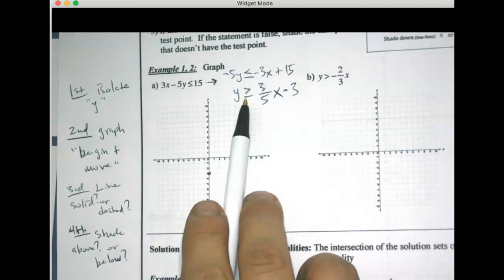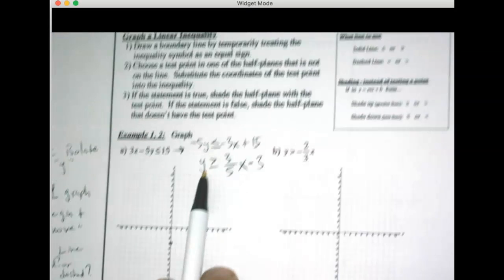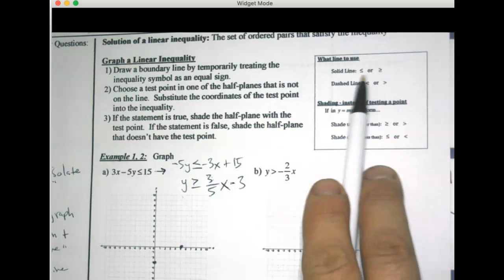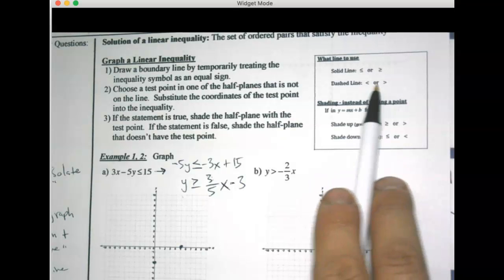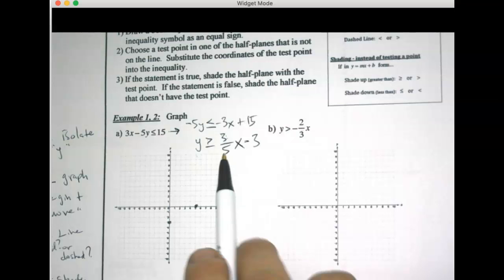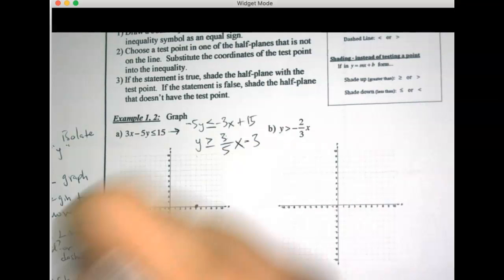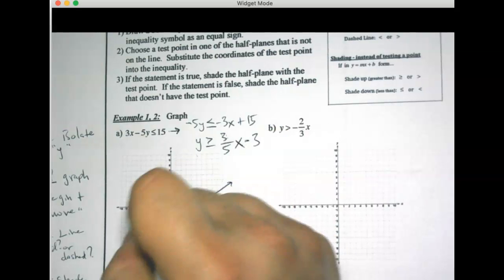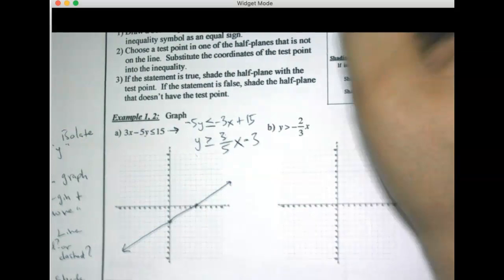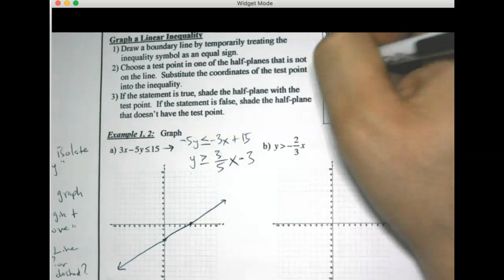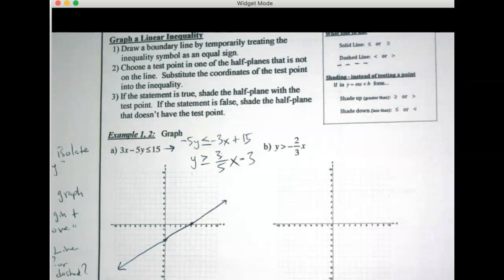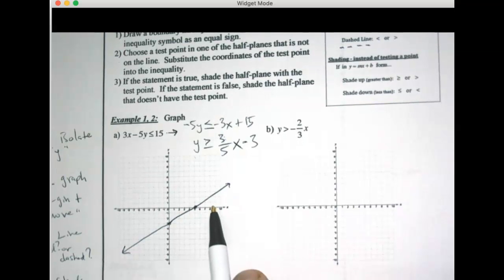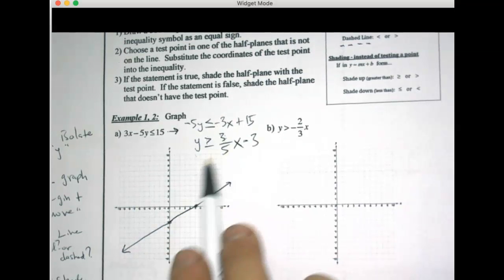It's actually a solid line, and you can check here for the symbols to see that your solid line has the or equal to, your dashed line doesn't. So since this one has or equal to, this is a solid line, right? Dashed or broken would look like that, right? So this one's solid because it has or equal to, and then I'm shading where y is greater than this